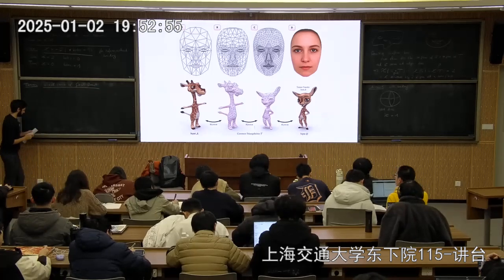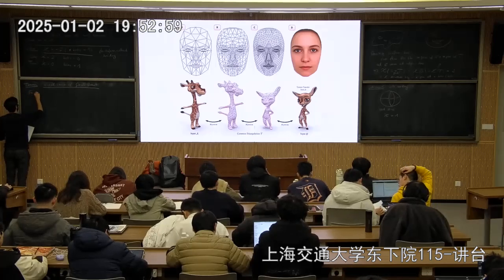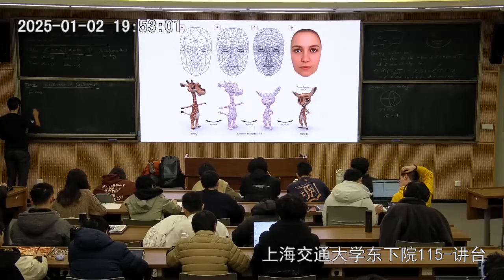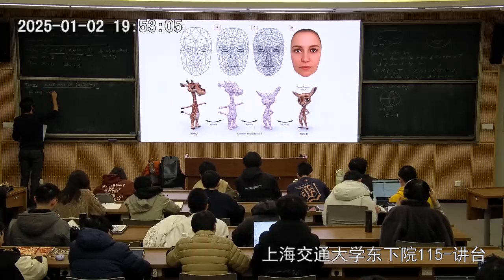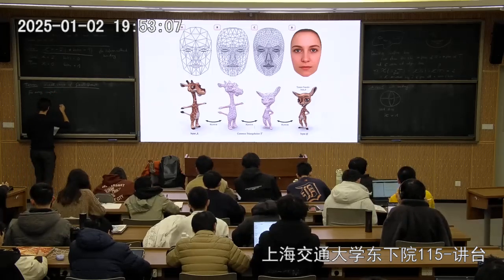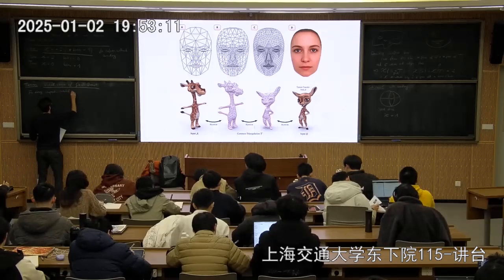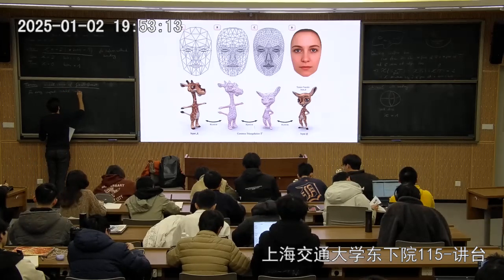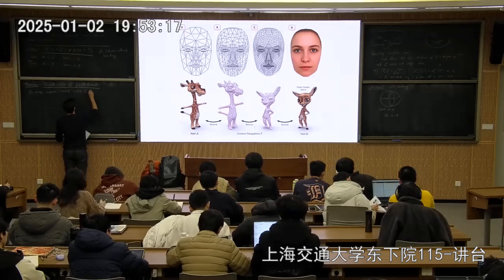So the global Gauss-Bonnet theorem says that for every compact oriented surface S without boundary